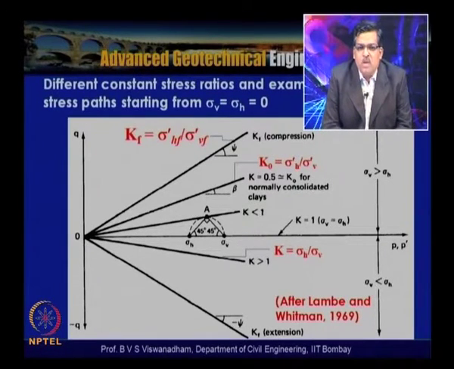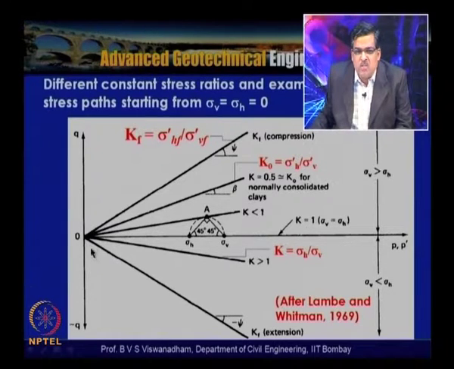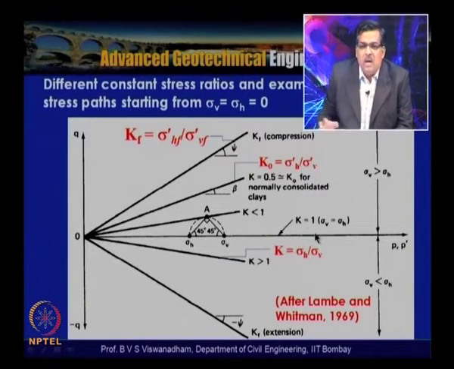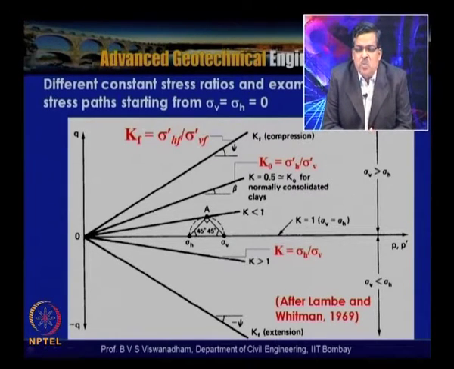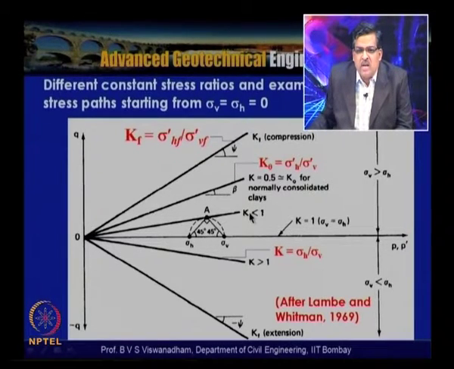Take the example of stress paths starting from 0, where sigma h is equal to sigma v is equal to 0. We have drawn different stress paths here, and the one here indicates that k is equal to 1, which is the hydrostatic compression where sigma h is equal to sigma v. Suppose you have a sample underwater, then k is equal to 1, which is along this line. Then we have the line for k less than 1,